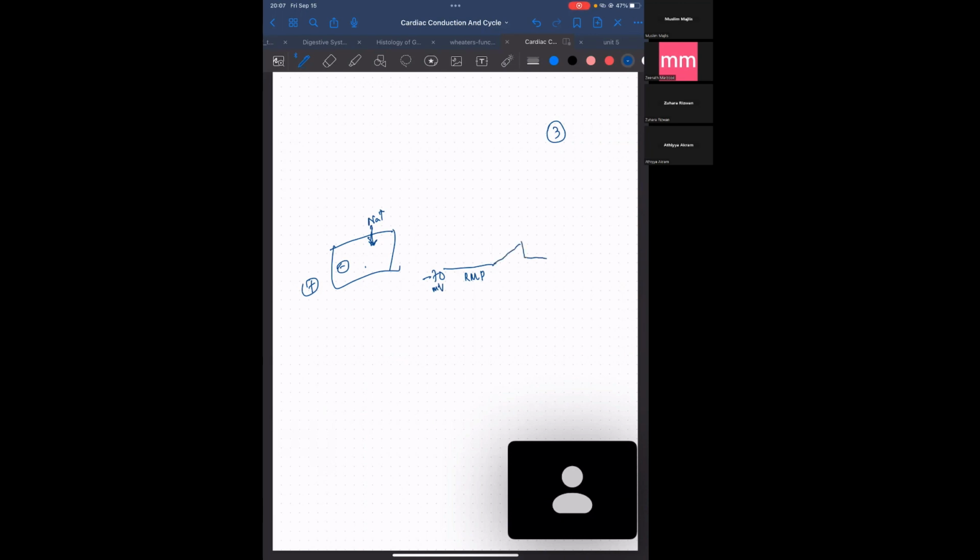And then when the sodium enters, this comes up because there's something called the threshold level which has to be reached. If the stimulus